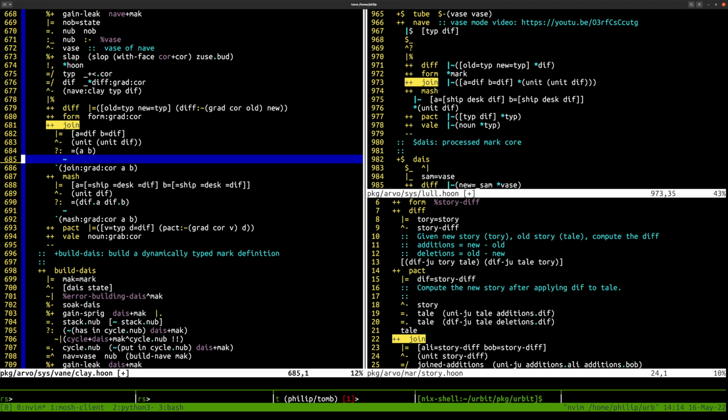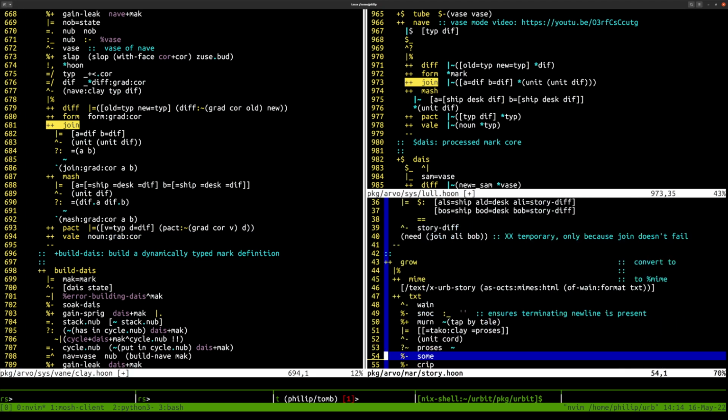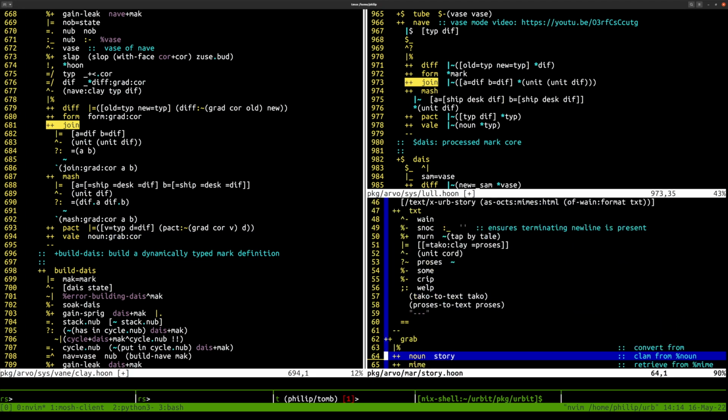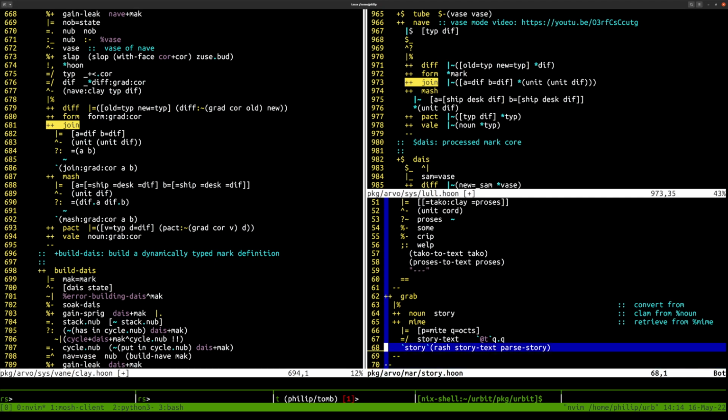So join and mash are just little minor wrappers around whatever the implementations were, that do this extra check. Pact is a straight call into Pact in the grad core, and then veil, right, which is the operation that we're actually concerned with when running read file. Right, this is what actually gets called. Veil looks at noun pull grab. So the grab core is a bunch of